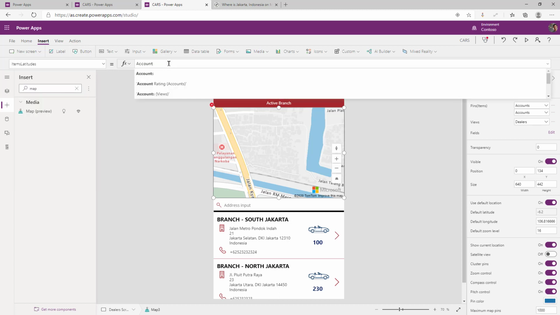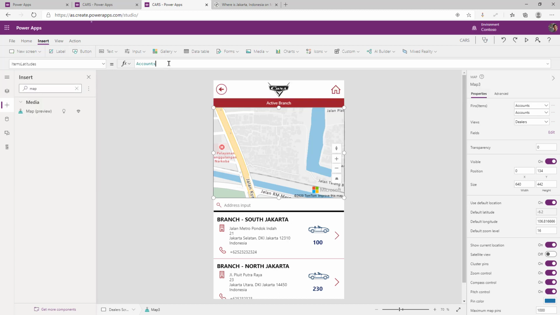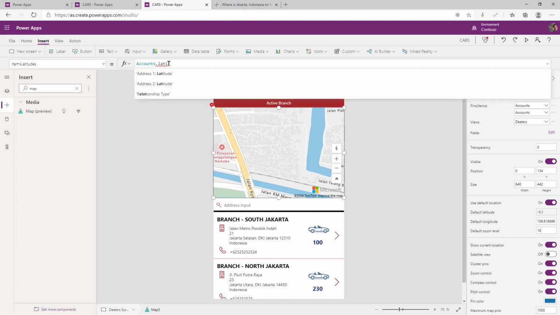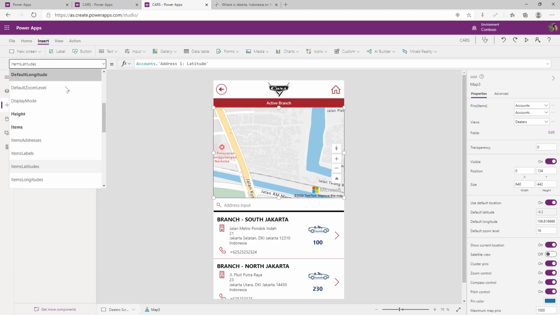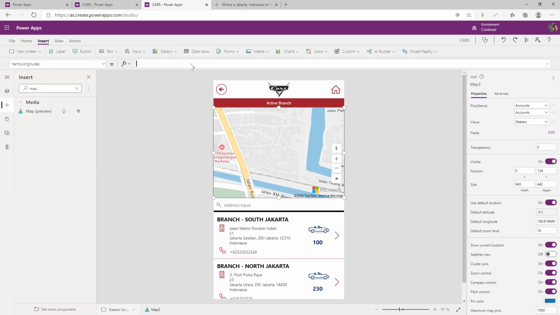Need to type the account and then the latitude. Okay, address 1, latitude. Just block this one and click copy, and then look for the longitude. Just paste here and then change the latitude to longitude. Okay, and then I save it.